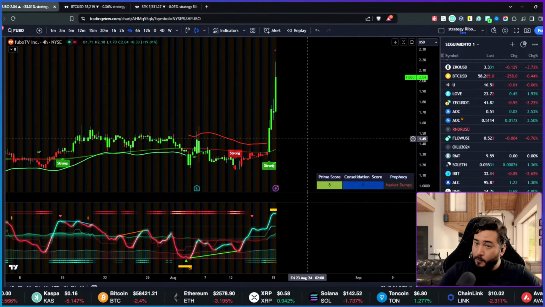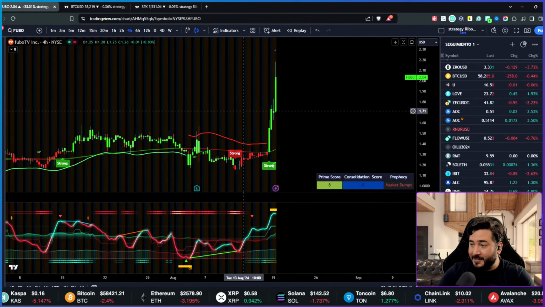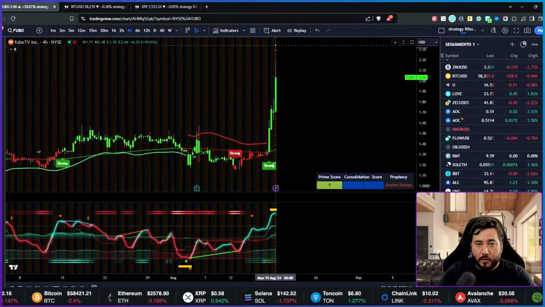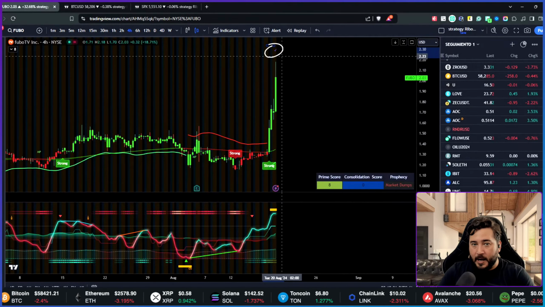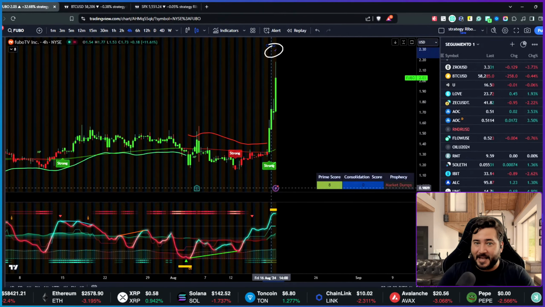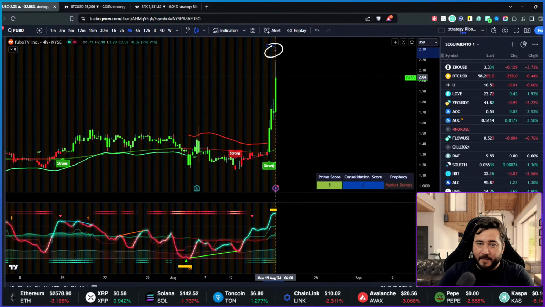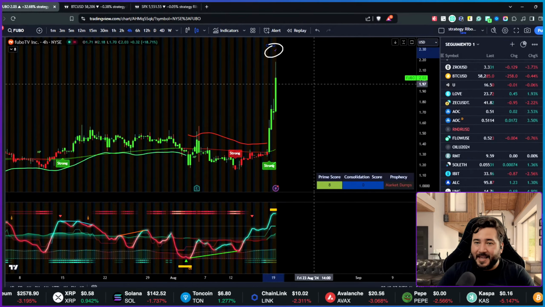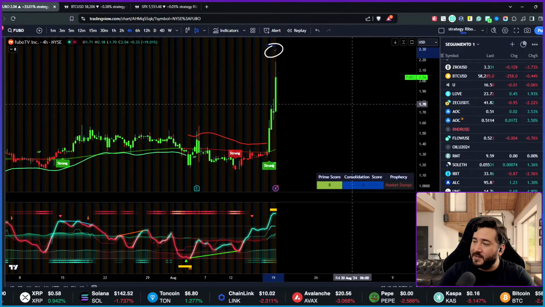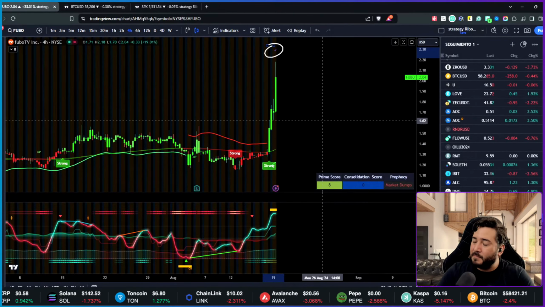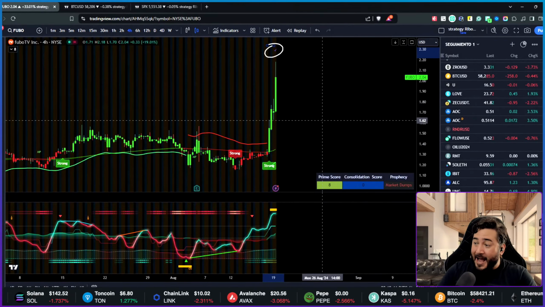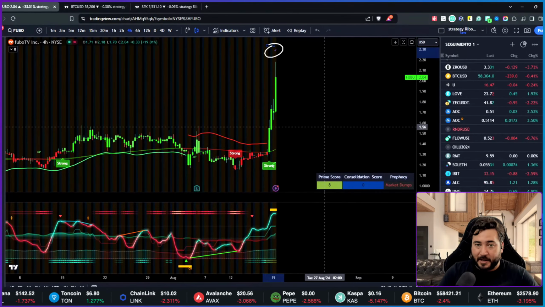So it looks like Fubo is doing great, but here's the caveat: it is already moving. We already have this little check mark here, which usually indicates taking profit suggested, and we're having a retracement. Are we going to keep looking at this pumping up? I would say that yes, this might not be long lasting as much as we could be expecting, because this